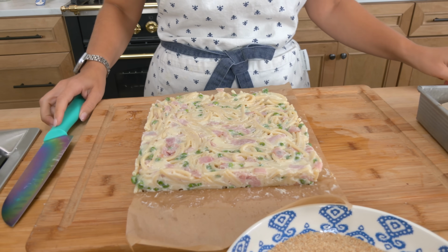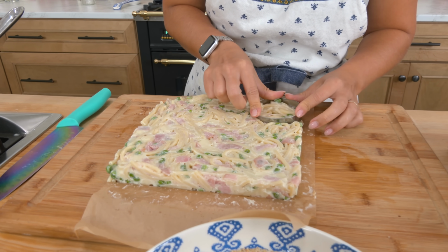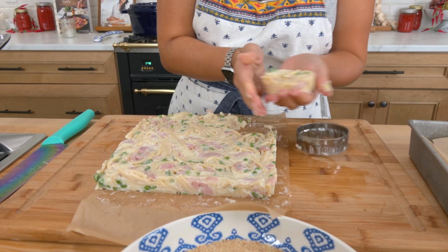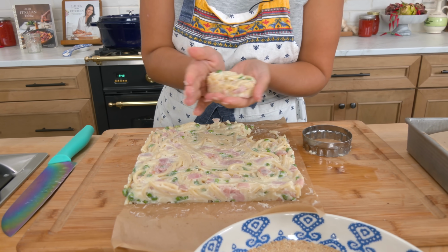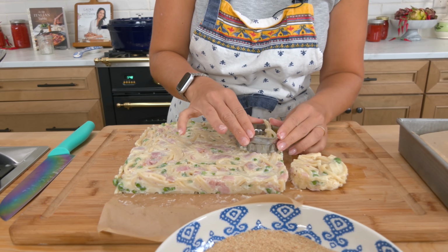These look perfect. I'm just gonna go ahead and use a biscuit cutter. You can use a 3-inch or something just a little bit smaller, and they're pretty pliable. So if you wanna smooth out any edges or anything like that, it's easy to do so. Just gonna show you, I don't wanna really have any waste, so I just do one of these,